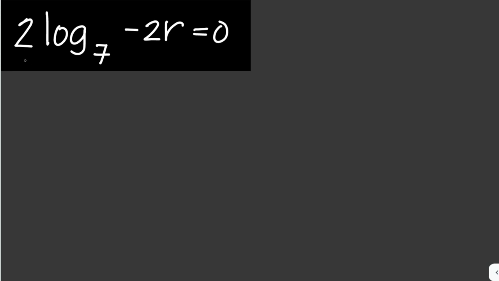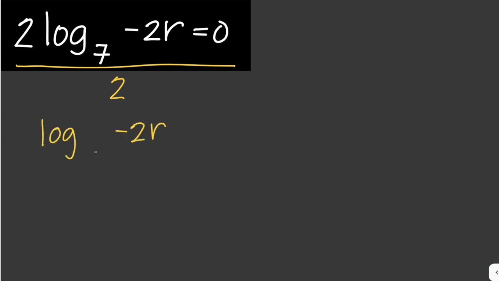Alright, to solve this, we just have to divide both sides by 2. Then we are left with logarithm of negative 2r to the base 7. We should put this in a parenthesis. Then to solve for the value of r here, we can write this logarithmic equation in its exponential form